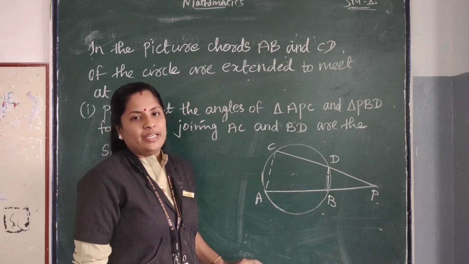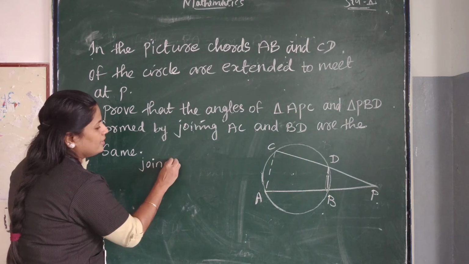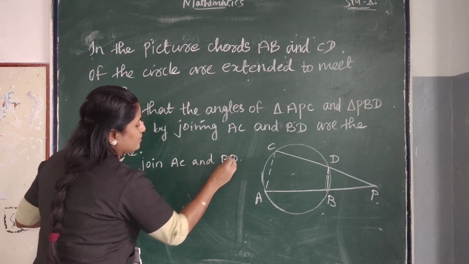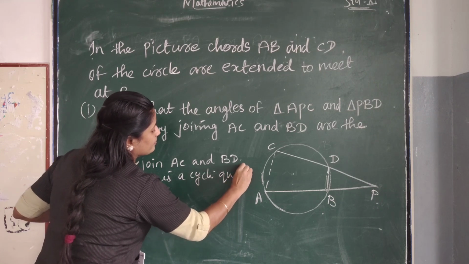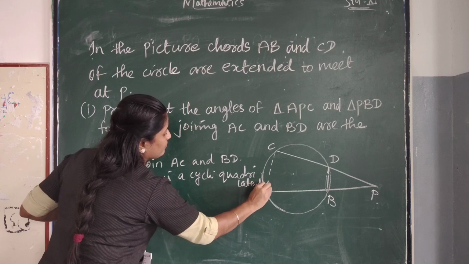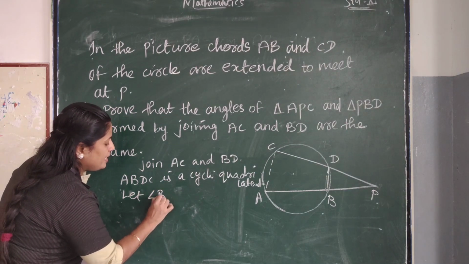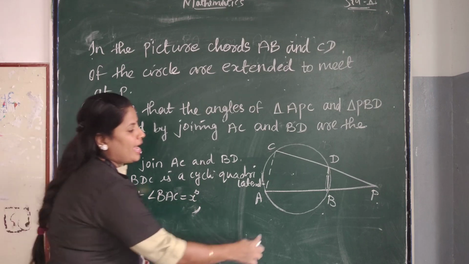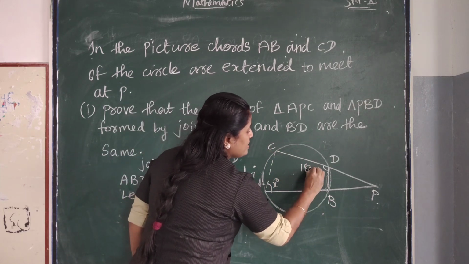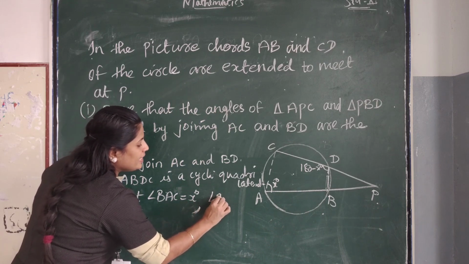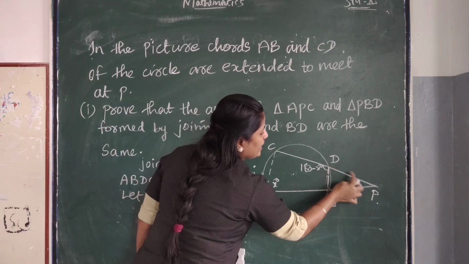Okay. Join AC and BD. Now ABDC is a cyclic quadrilateral. So 180 minus x. Okay, so angle BDP